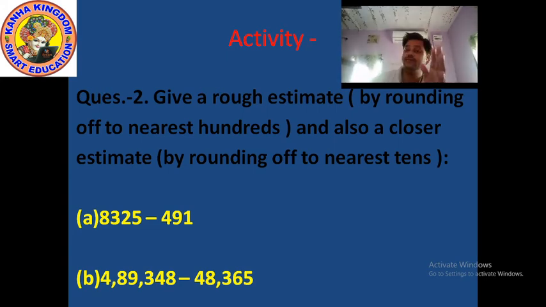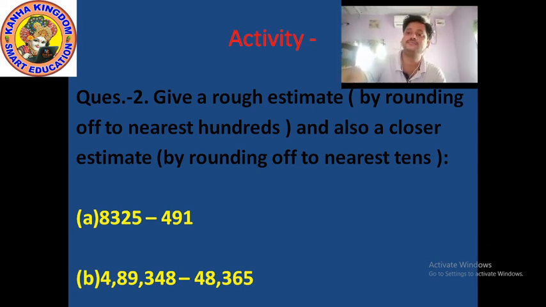Second rule, if tens place is 5 or more than 5, then also you convert tens place and ones place into 0, and you have to add one more number in 100 place. Whatever the digit in 100 place, you just add one more number, and after that whatever the digit in 1000 place, 10,000 place and lakhs place, nothing you have to change. You have to write down the same place values.